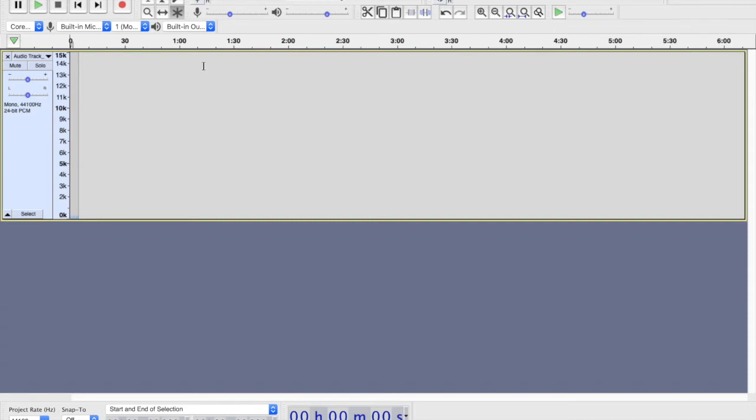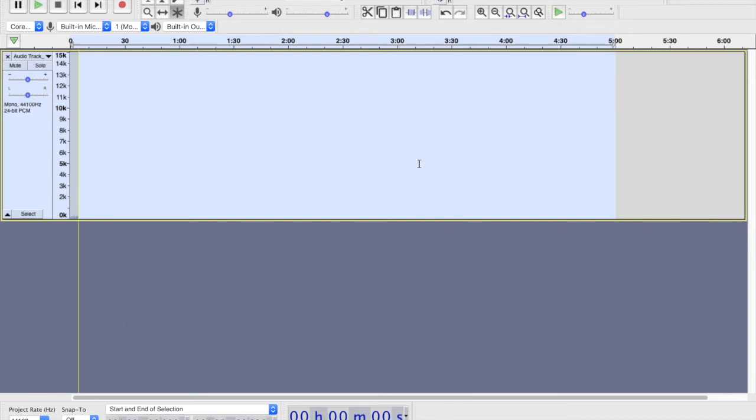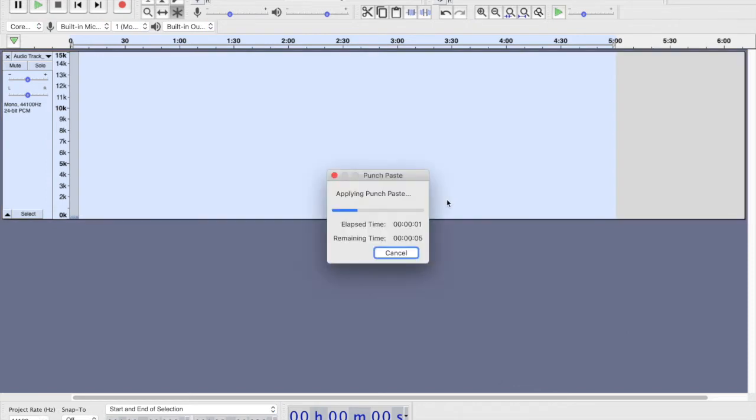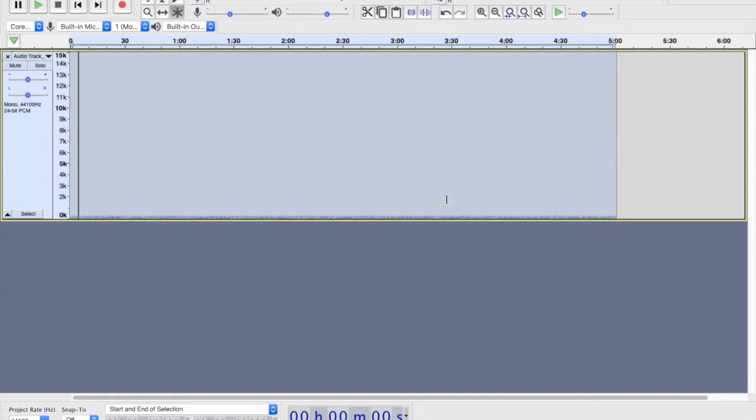But I'm going to hold down the Shift button because that allows me to select. It gives me this little finger and go all the way over to 5 minutes and select that whole portion. Okay, 0 to 5 minutes. The whole thing's selected. And now I'm using Punch Paste, which in my case is Command 0. If you're doing 30 or 40 minutes, this is going to take a few minutes possibly to do your punch